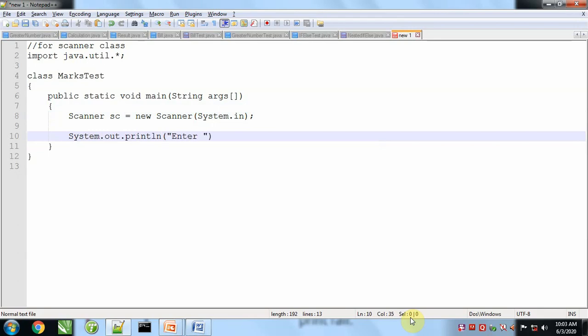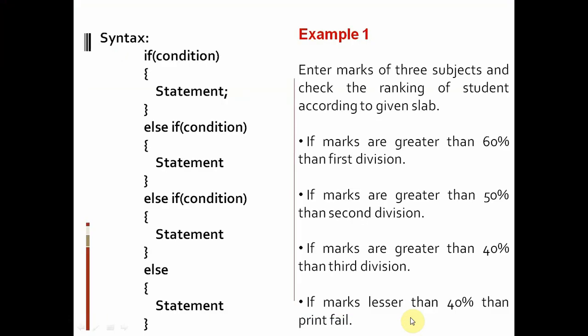Now we will ask the user to enter 3 subject marks.